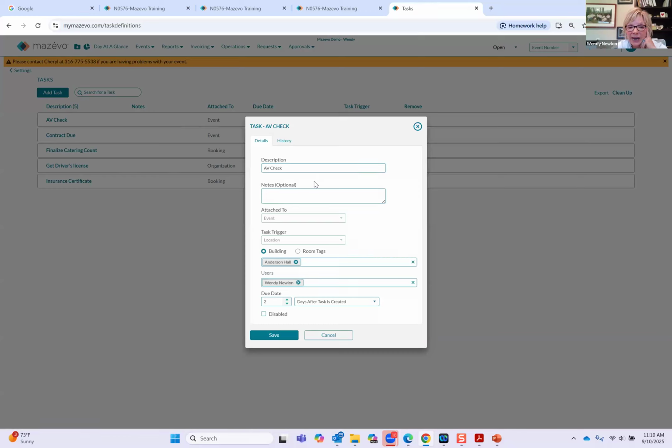So I call it AV task. This is attached to the entire event. The trigger is the location. The building is Anderson. The user is Wendy. 2 days after the task is created. So the way this one's going to work, it will go on any event in Anderson Hall. Wendy will be the person assigned to this task, and she's going to get it 2 days after it has